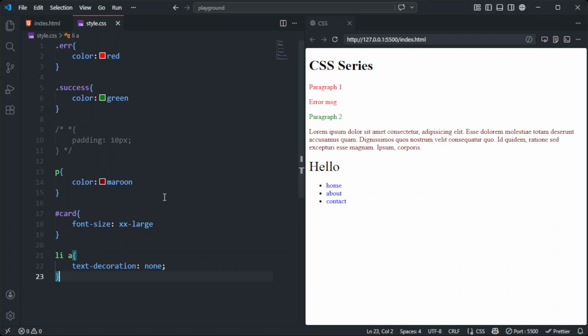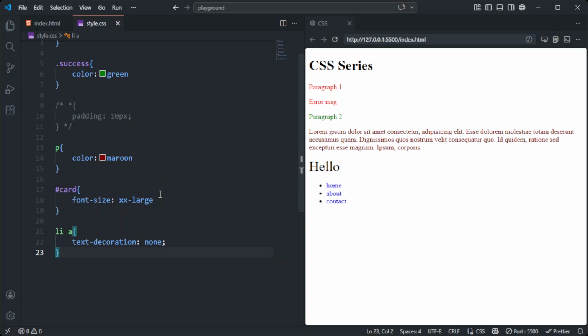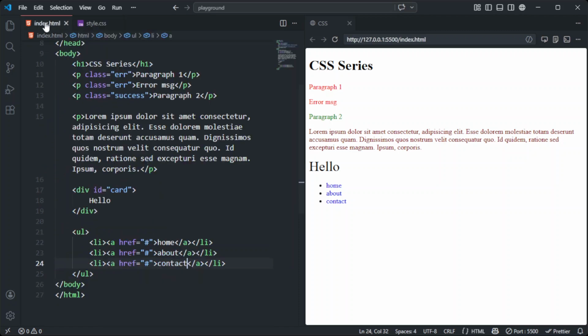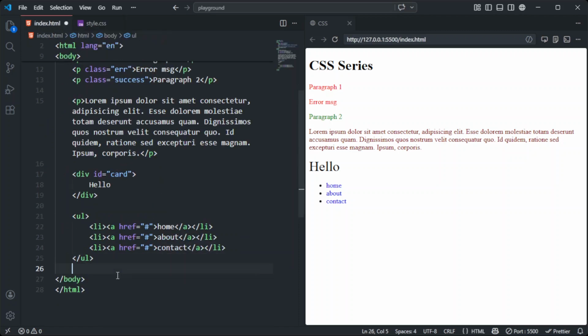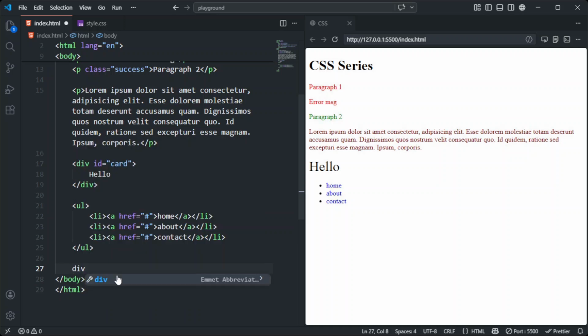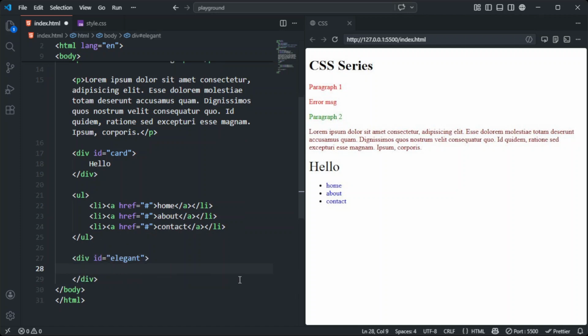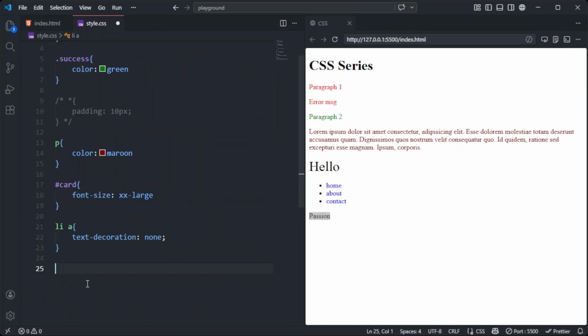So let's continue with the common properties that we can use. So here I'll create another div, and then I'll give it a class of elegant, an ID of elegant, and then what I'll do is I'll put in this text, save, and then we have the text here. So I'll get that element by the ID elegant,